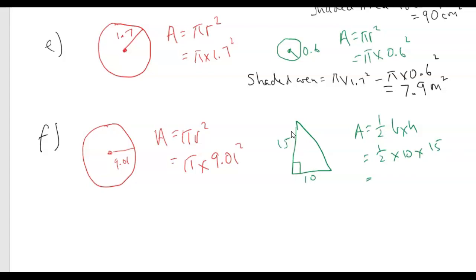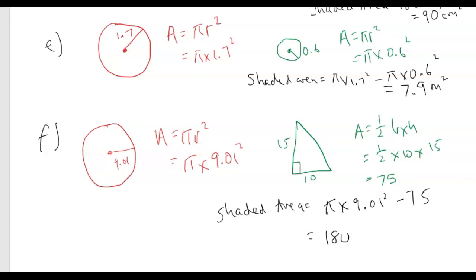Now, if you're doing this in your head, do your larger numbers first. So 10 times 15 is 150. And then when you multiply that by a half, which is the same as dividing by 2, you get 75. All right, so our shaded area is our circle, which is pi times 9.01 squared minus 75. And I'll just quickly do that on my calculator. And I get